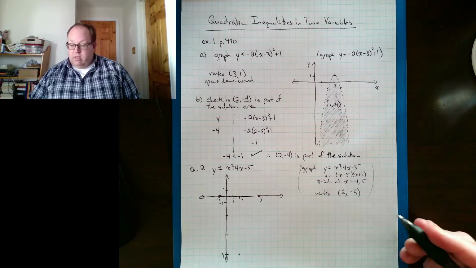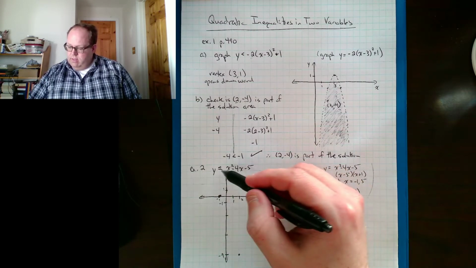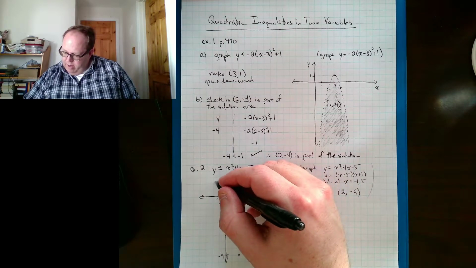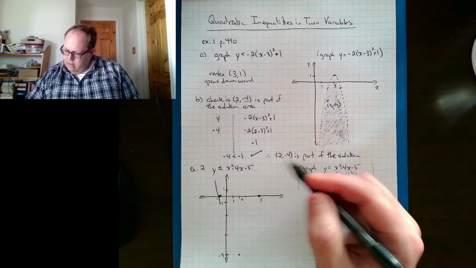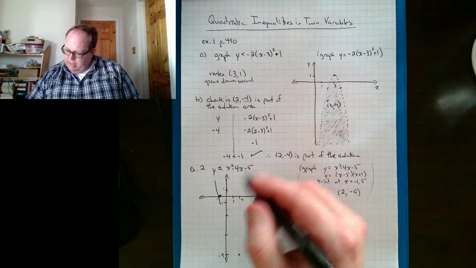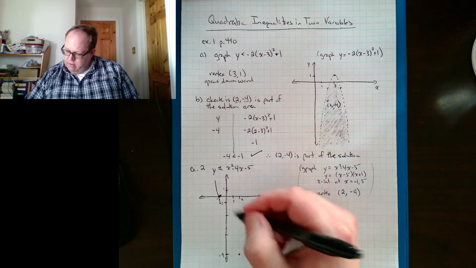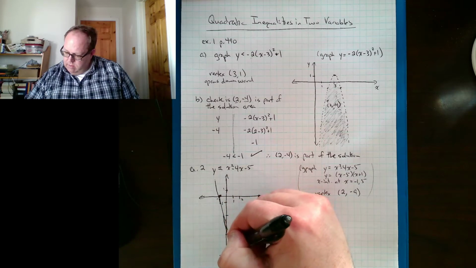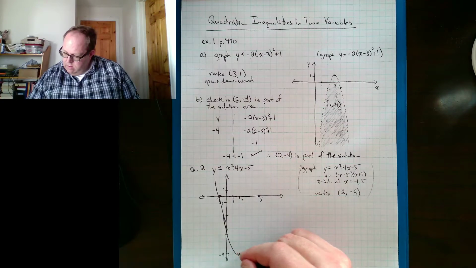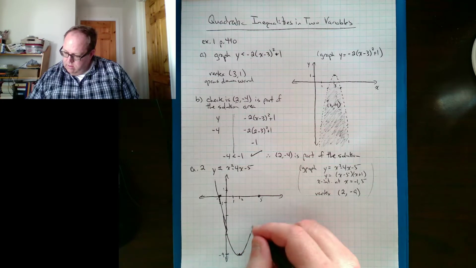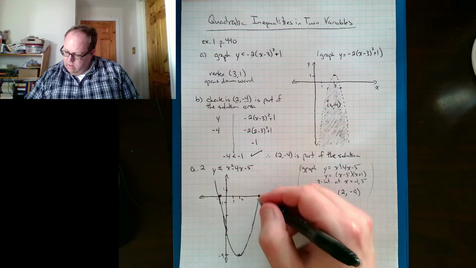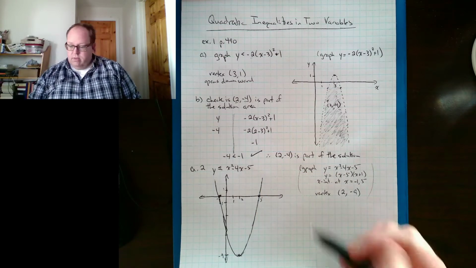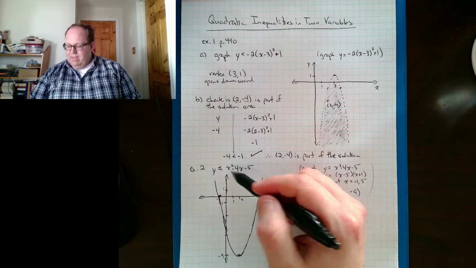That's enough for me to draw a curve of this. Since the equality is part of this, I will draw a solid line for my parabola. Worth noting my y-intercept should also be at negative 5, just for an extra point to help you out. So there's our parabola. Now as far as shading goes, I want my y values to be less than this